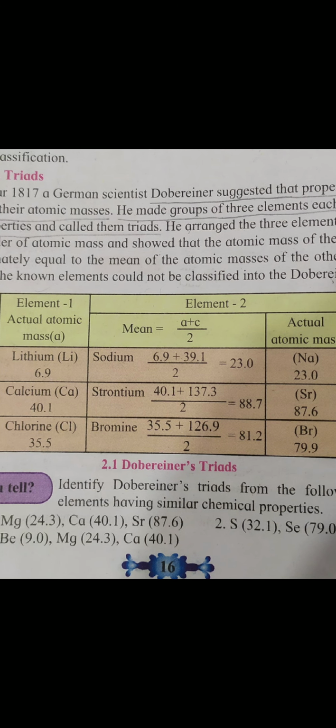Up to this point, we have seen the matter, then the elements, then the difference between the molecule of an element and compounds, and how many elements have been discovered, and we have also learned about the Dobereiner triad, the law of Dobereiner triads, and how we can give examples of the triad.